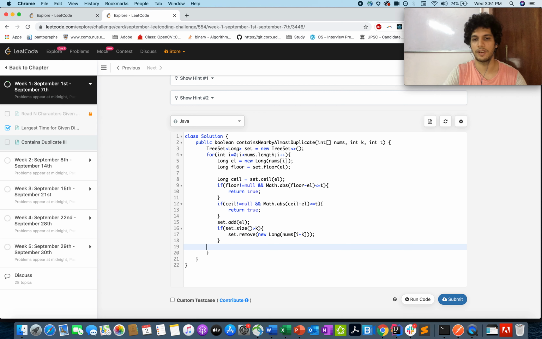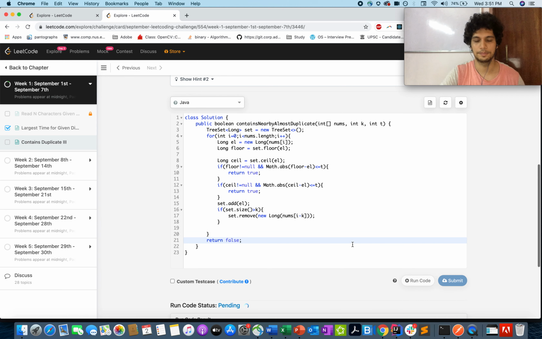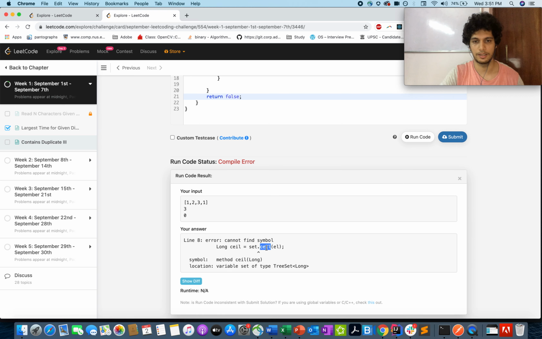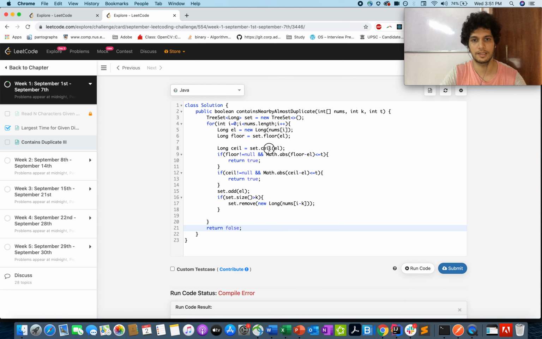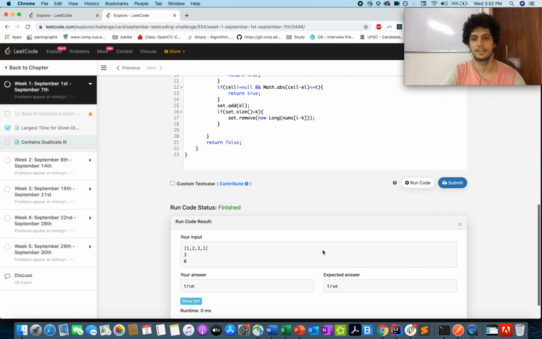And if the code doesn't return true from here, that's no answer for us, return false. Let's try and run this. Compilation error. Oh, I think set.seal is not it. Yeah, ceiling is the method,